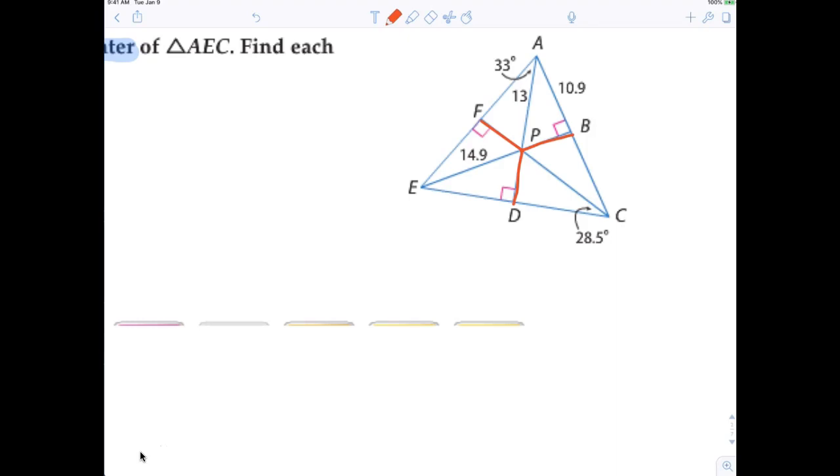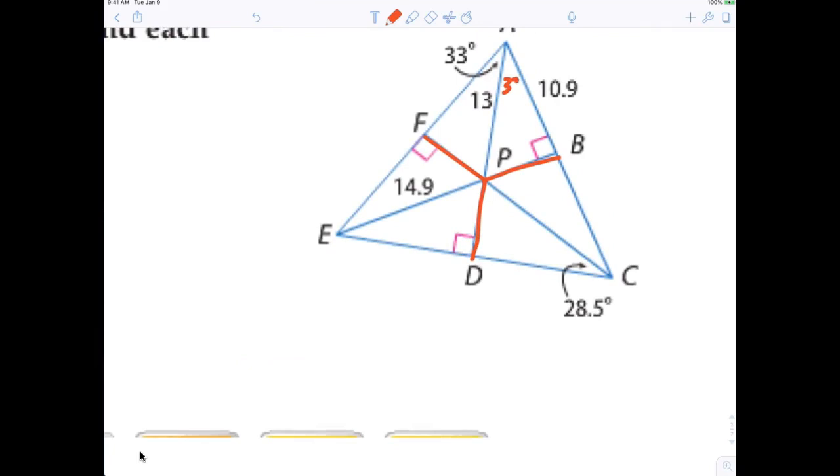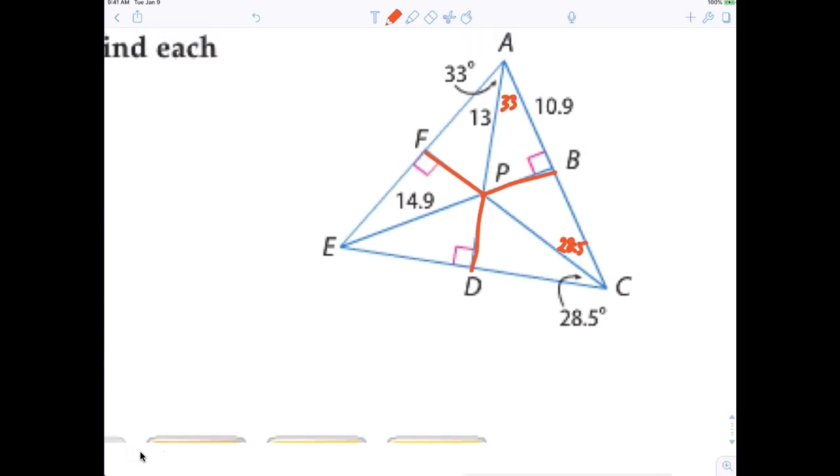Now it's a matter of figuring out, we have right triangles. So let's go ahead and say this right here. Do we agree this has to be 33 degrees there, right? Yes. And we know this has to be 28.5. So everybody with me on that? All right. Now, with that, I need to find 2 sides. This right here,